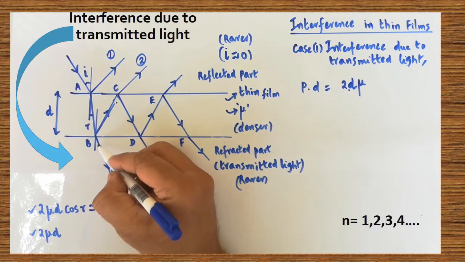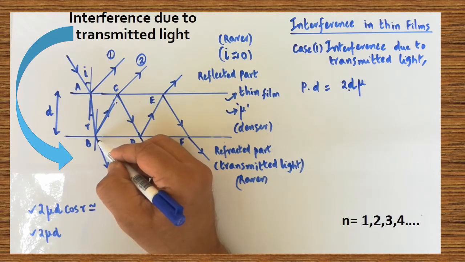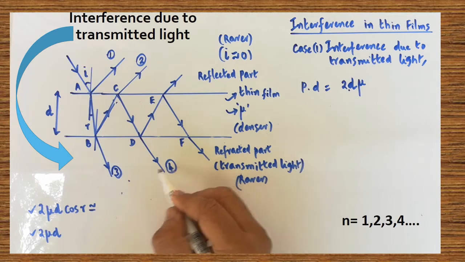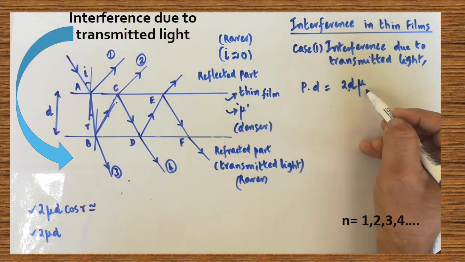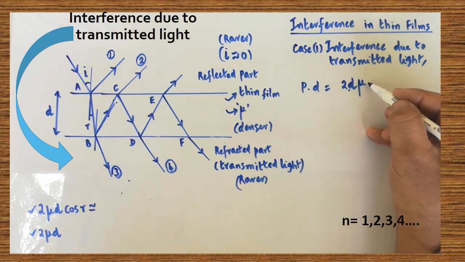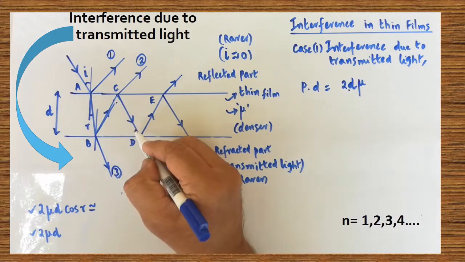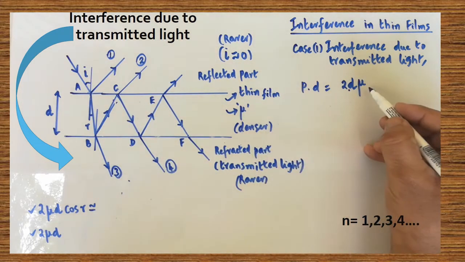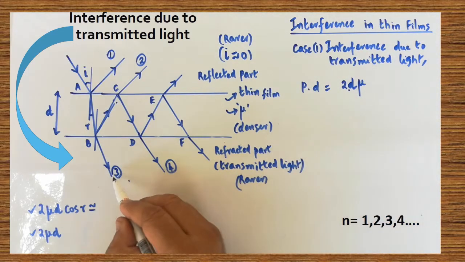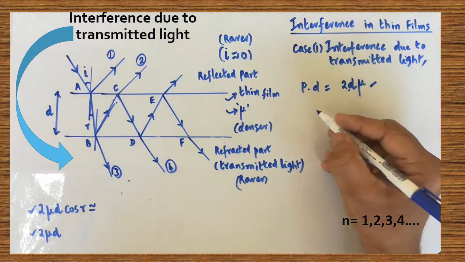So this ray travels and gets refracted here itself. To combine the fourth ray with the third ray, the fourth ray has to travel an extra distance of how much? 2d mu. Since it is traveling within the denser medium, mu must be multiplied. So d plus d, and apart from this, mu must be multiplied. So that is the path difference between the fourth ray and the third ray. So the path difference is found out.